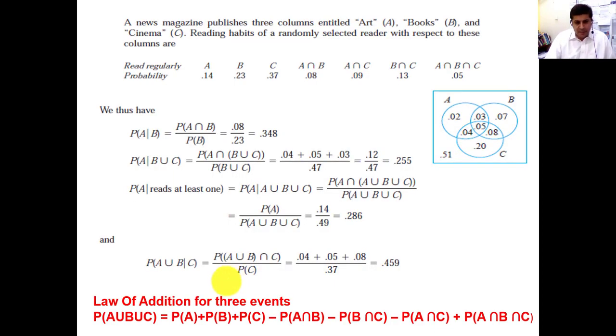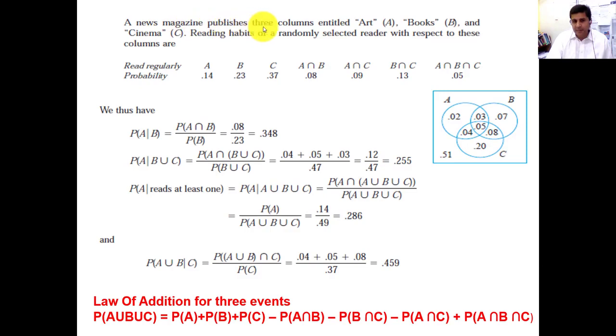There is another example related to conditional probability. For example, there is a Venn diagram. In this Venn diagram, let's suppose this whole is my sample space. The whole area of this sample space is 100%, let's suppose. 0.51 is outside these circles, because 1 minus 0.51 is equal to 0.49. So these circles include 0.49 of the area. These are different events A, B, and C.